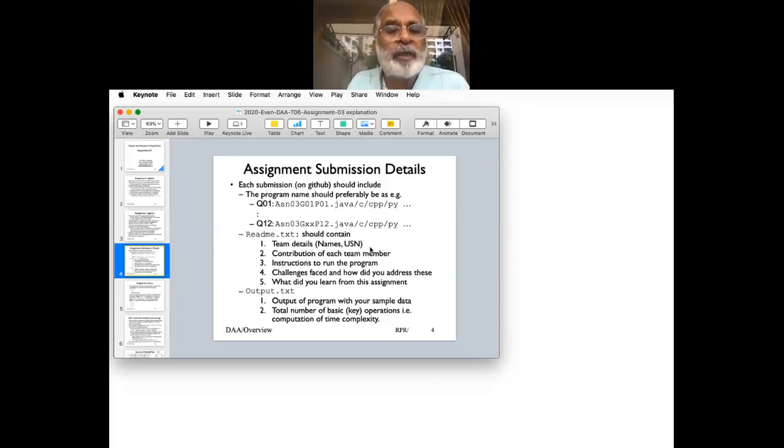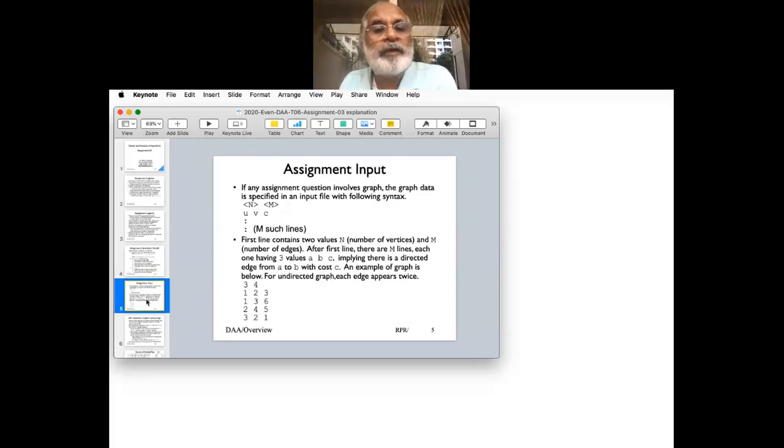At least 25% of people, I don't see this happening. Make sure the program name is right. Sometimes I see programs not even with the extension .c or .java, so that doesn't work. So make sure you comply with all these details. And if some questions are with a graph,